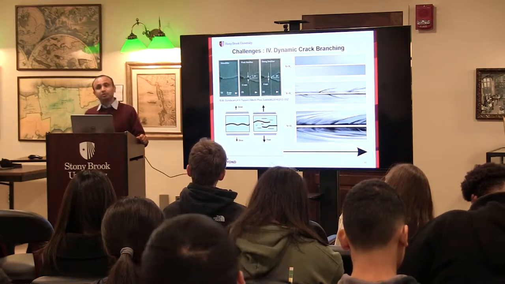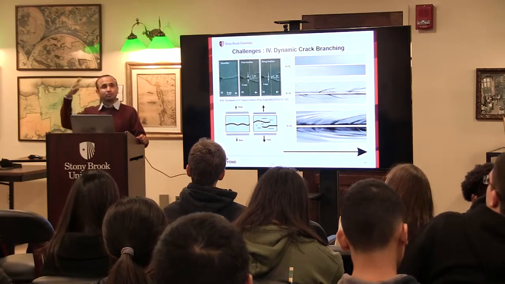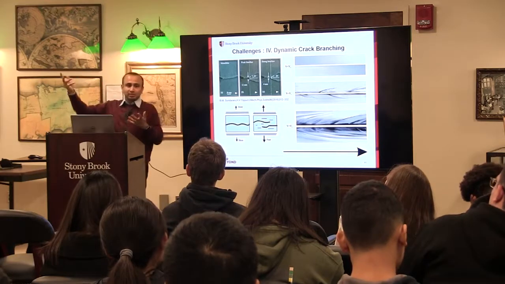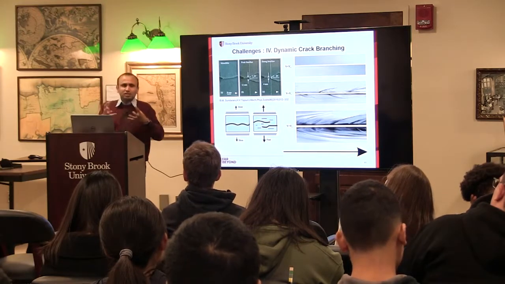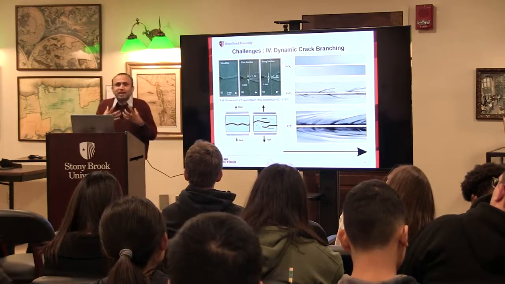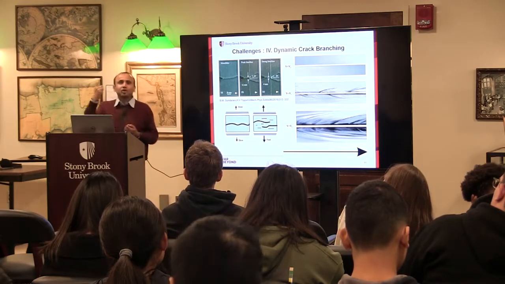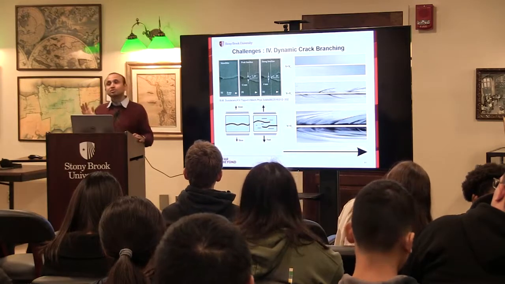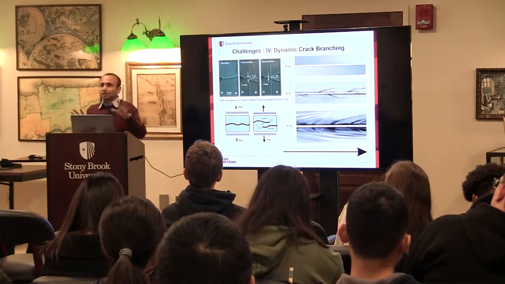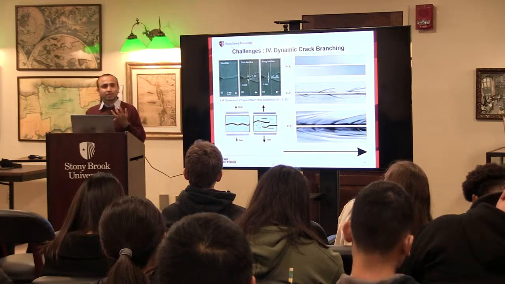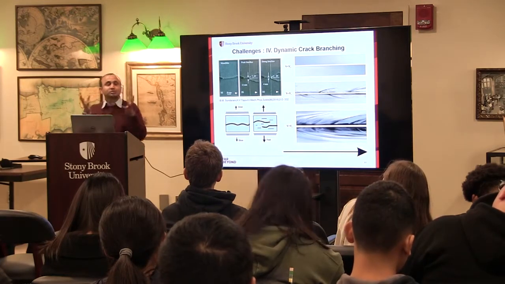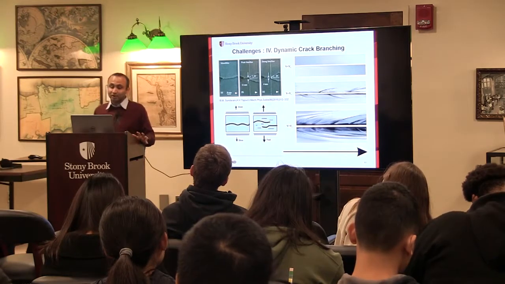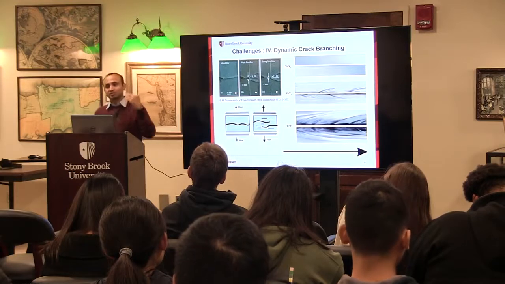When a crack branches, what does that mean? That means one crack becomes 2, 2 becomes 4, 4 becomes 8, and so on. So that means more energy is spent. And why does it branch? Just because you're loading it so fast, it has more energy to dissipate. So one crack is not enough to dissipate all this energy, so it has to branch into multiple. So you have to understand what are the conditions which govern this branching. When does it start to branch? How many branches are formed? All these things are actually very complicated, but these are required to correctly predict energy dissipation.